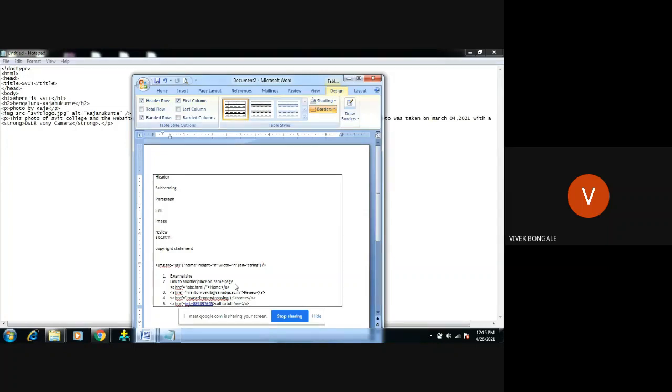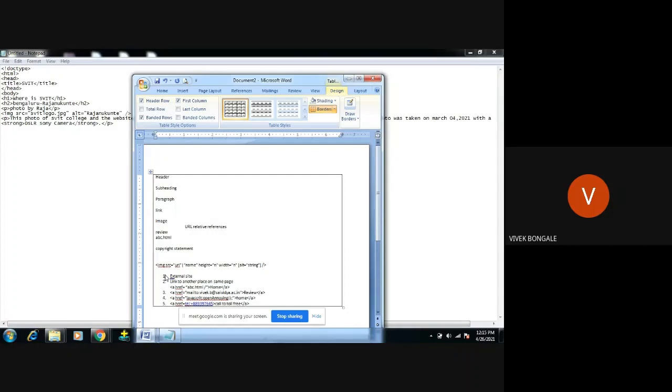These are the many things we can do with the help of links. We call this URL relative references. So we can access an external site, or in the same page I can access something.